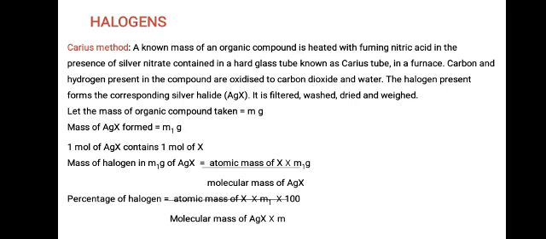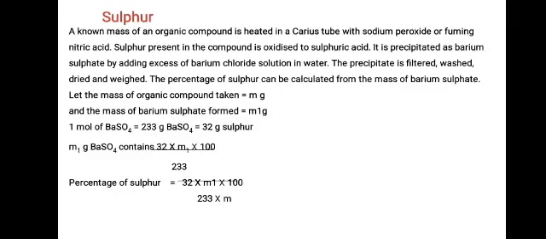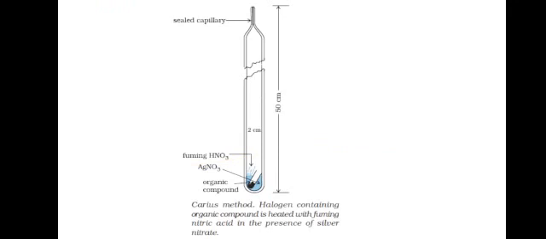Mass of halogen in m1 gram of AgX will be atomic mass of X into m1 divided by the molecular mass of AgX. And we will calculate the percentage of halogen: whatever we get in this formula will be multiplied by 100 and divided by the weight of the organic compound. By this way we will be able to calculate the percentage of